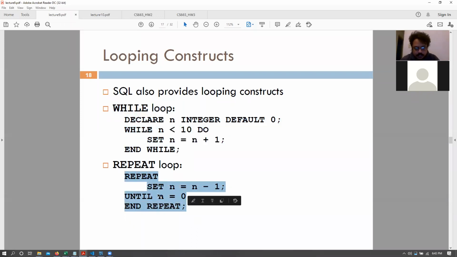This is like a bottom checking loop that checks the condition after it executes the body. For a while loop, we check the condition first and then perform the operation. But for this one, we first perform the operation, then check the condition and then go back. Exactly. So this repeat loop is essentially the do while loop. Very good.